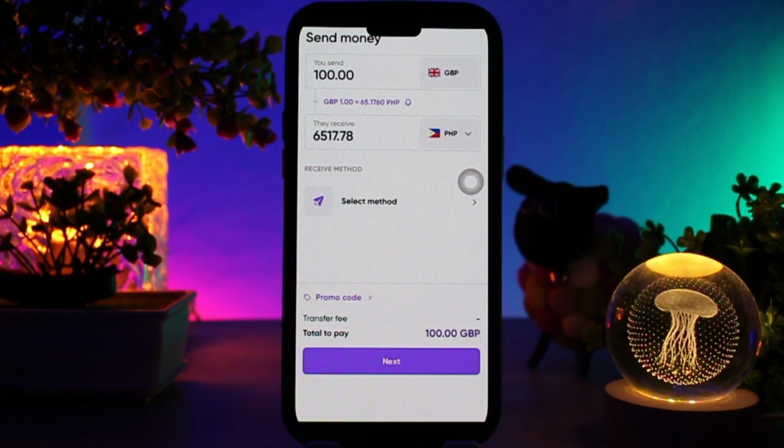Enter the receiver's full name, phone number and other required details based on the payment method. For bank transfer, it requires bank name, account number and sometimes SWIFT or IBAN number. For mobile money, it will require receiver's mobile wallet number and make sure the name matches the ID exactly to avoid issues. The next step is to pay for the transfer by choosing how you will pay from debit